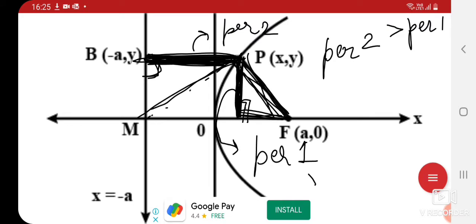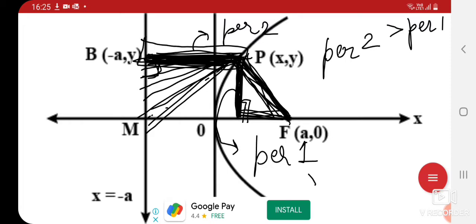This hypotenuse can be this, can be this, always, but that hypotenuse must always be larger than this perpendicular. Is that right? And if you observe this, you know that this distance is equal to this distance, right? That means this is the hypotenuse of a right angle triangle, so the perpendicular you obtain must be smaller. That means perpendicular number 2 is not equal to perpendicular number 1, so perpendicular number 1 is smaller than perpendicular number 2. Okay,